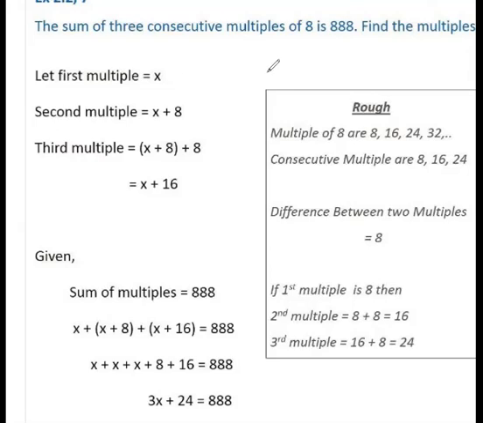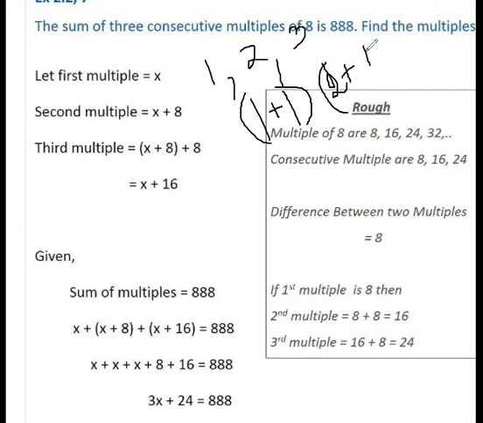So what is happening in consecutive numbers? If you're taking 1, 2 and 3 as consecutive numbers, 2 is 1 plus 1. What if we write 2 as 1 plus 1? 1 plus 1 is also 2, so you could write 2 as 1 plus 1 in any case. Moving forward, how will you write 3? 3 you can write as 2 plus 1 or 1 plus 1 plus 1. So I'm writing it as 2 plus 1. This is how you form consecutive numbers.